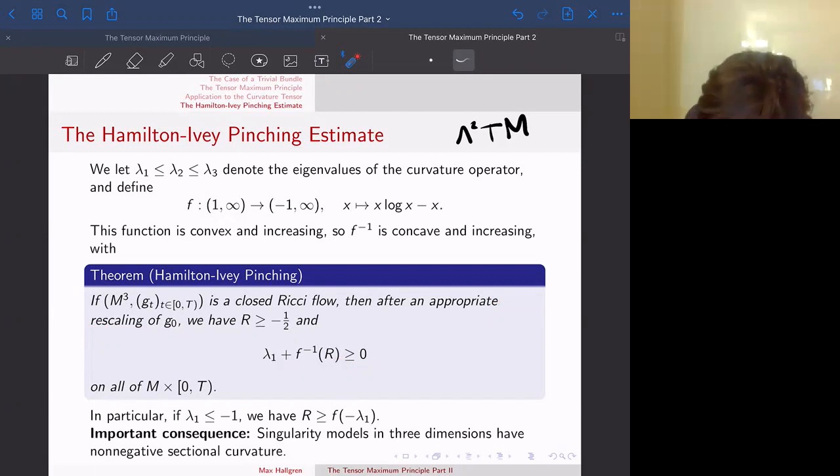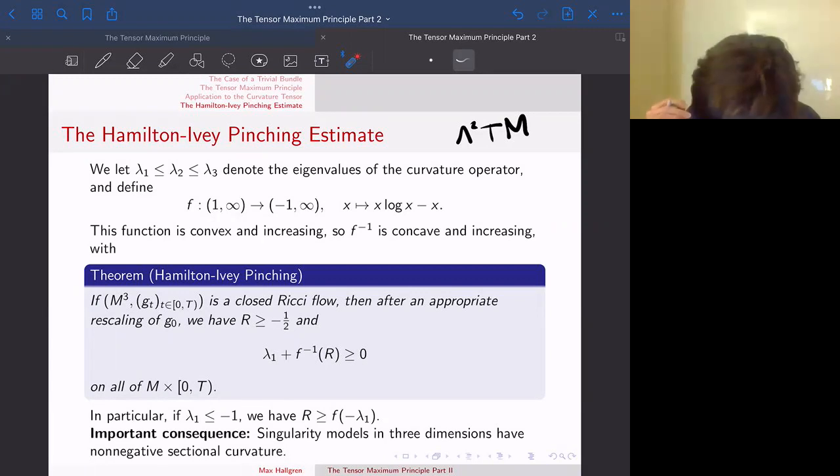Okay, so what does this mean? So it means that if the lowest eigenvalue of our curvature operator somewhere is less than or equal to -1, then not only is the scalar curvature greater than or equal to lambda 1, but it's actually greater than or equal to this function, which blows up much faster. I mean, not much faster, slightly faster than x. So in other words, if there's a negative eigenvalue, an eigenvalue of the curvature tensor less than or equal to -1, then the scalar curvature must be even larger, which means that so what this says is that